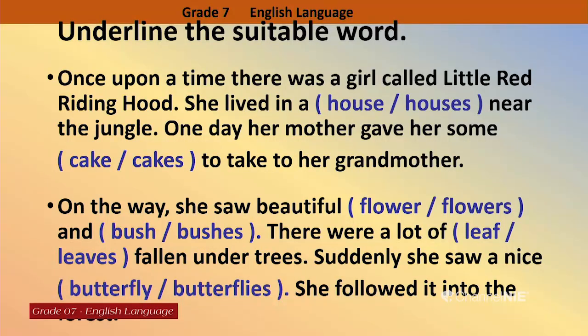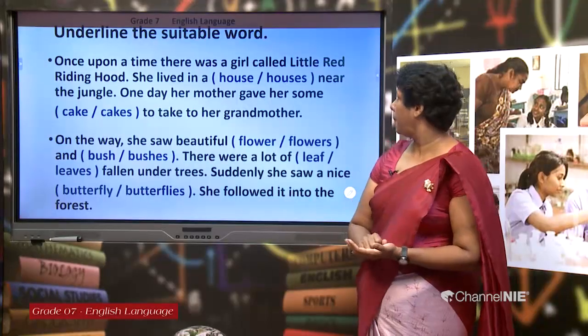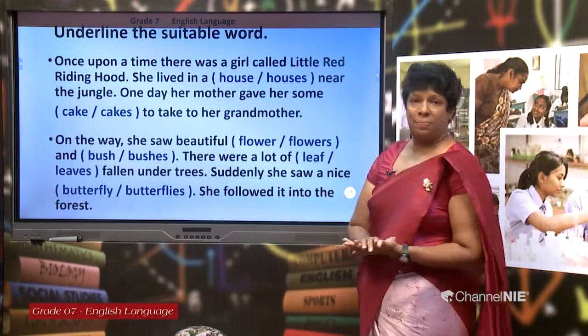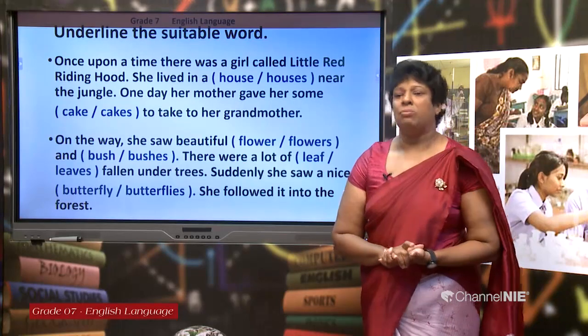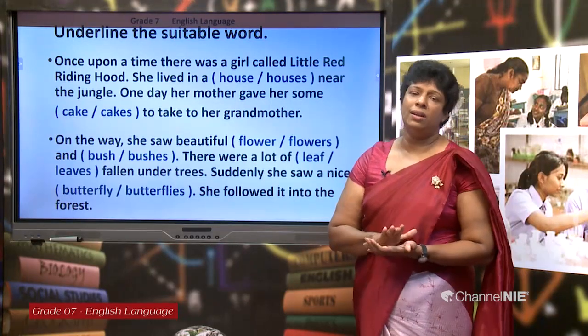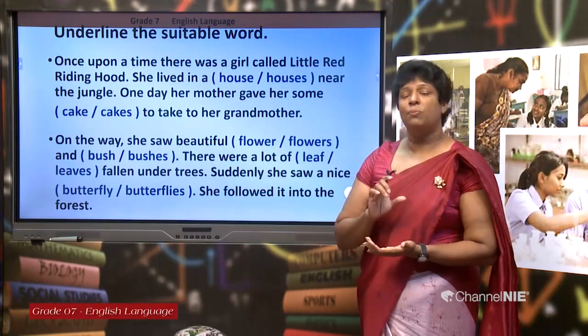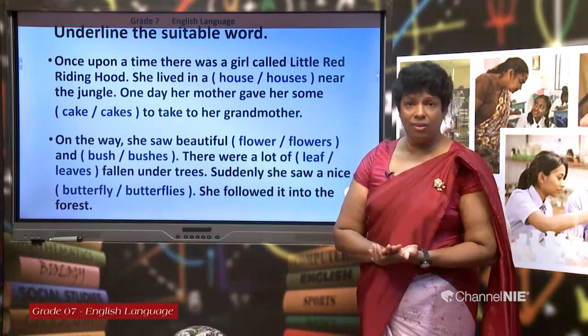Once upon a time, there was a girl called Little Red Riding Hood. She lived in a... Look at the word "a". It indicates what to choose, either the plural or the singular. If "a" is there, you always have to go with the singular word. Near the jungle. One day, her mother gave her some... The word "some" is there. It is a word used with the plural form. So, when you see the word, you have to choose the plural form of the word that is given